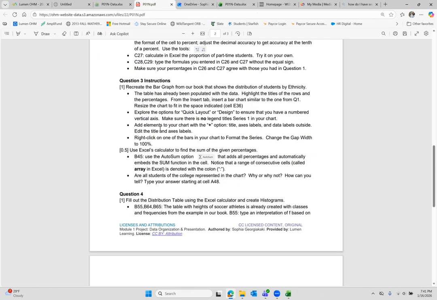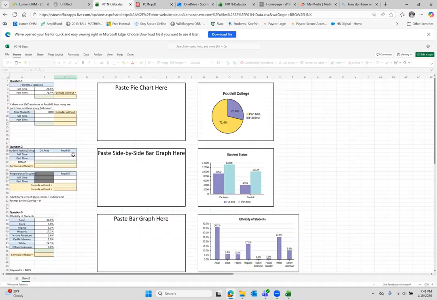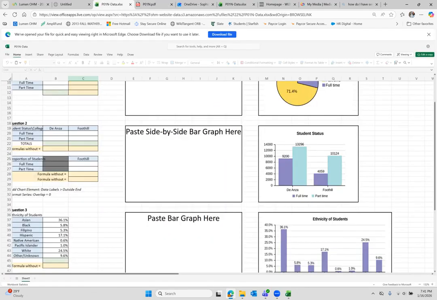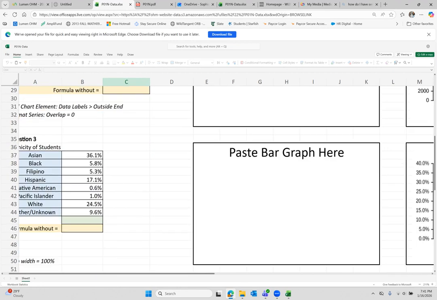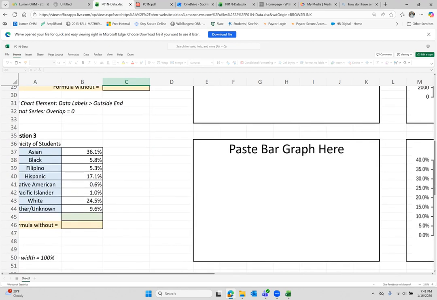One other thing that we have to do is to use Excel's calculator to find the sum of the percentages. We hope that it adds to 100. So it says to either use the auto sum option, which we have seen in the previous video is the sum function. The nice thing again here is that the auto sum option will only require the top and the bottom of the array that it adds. So if I click there,